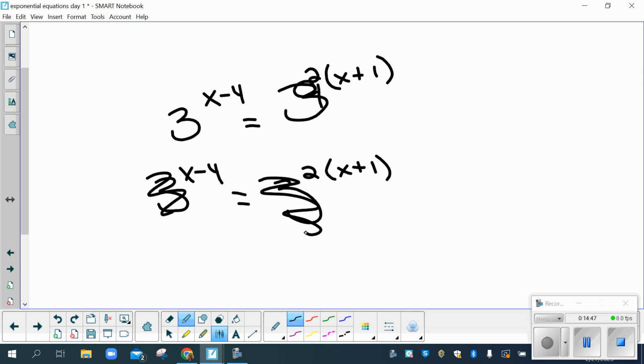Not x squared. We'll multiply. 2x plus 4. When you raise it up, it's on the